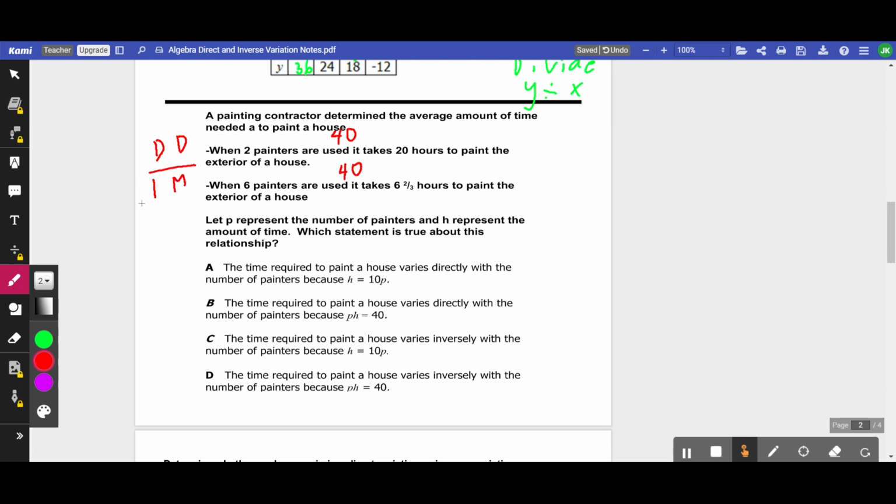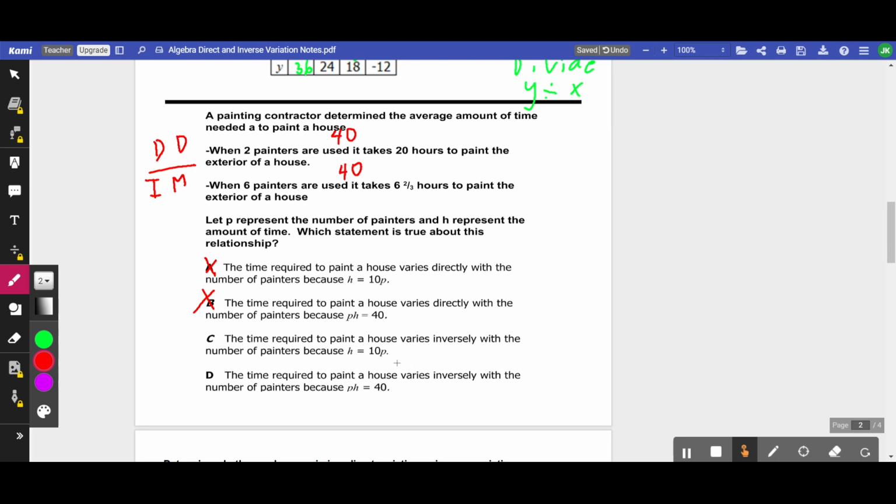So you multiply there. So this has to be inverse for this one then. So you can eliminate the first two here because we know this is going to be inverse. And if you look here, it says 10 times the painters equals the hours. And then for D, it says the painters times the hours would be 40. So you know this has to be D here because you multiplied the painters times the hours and you got